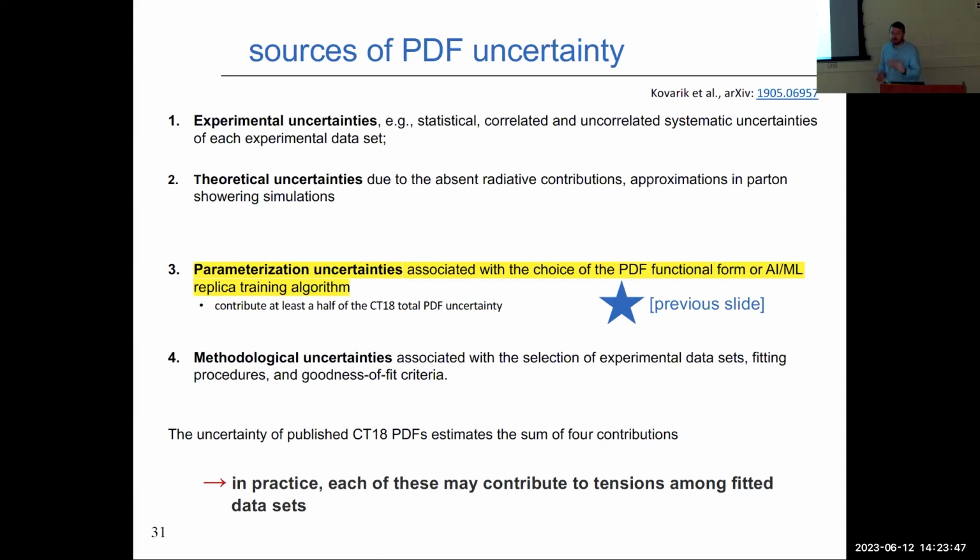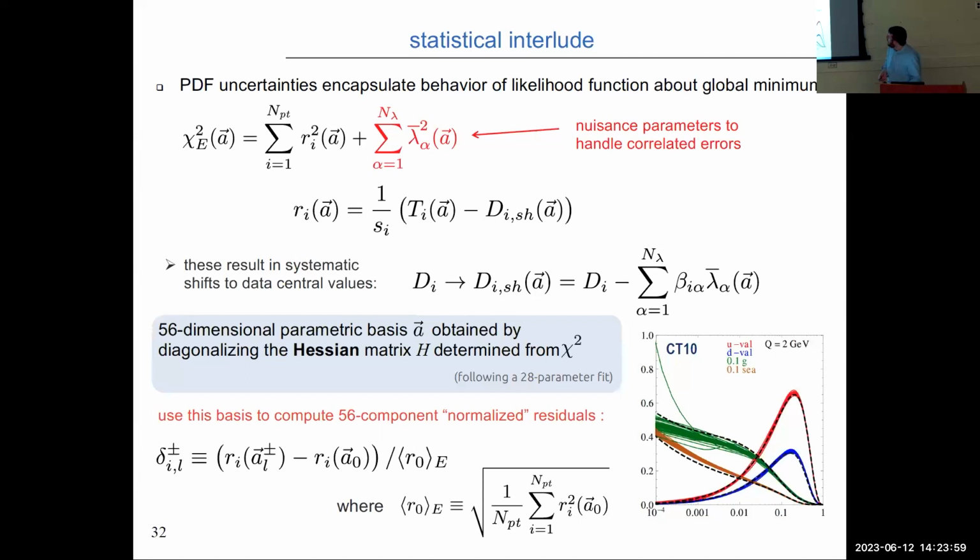My colleagues and I end up spending a great deal of time doing what we call benchmarking, of just taking your fit and my fit and really stress testing them and seeing where exactly disagreements arise, where things work and don't work. As a statistical interlude, I'm not going to go into this in great detail. This is actually specific to the Hessian PDFs.